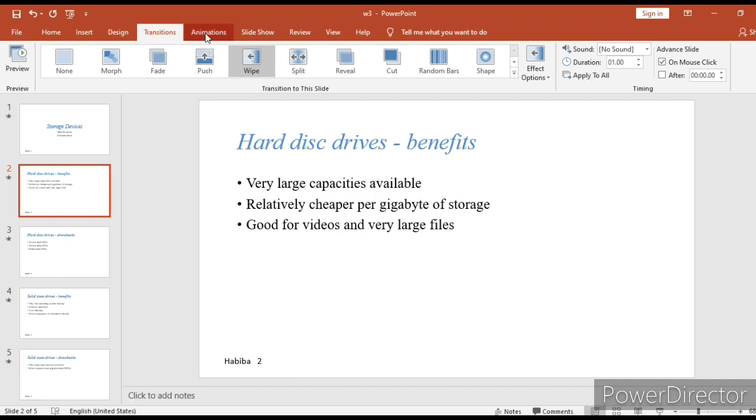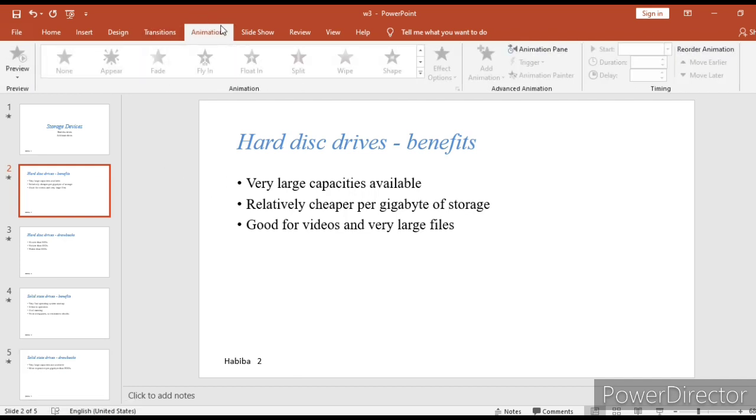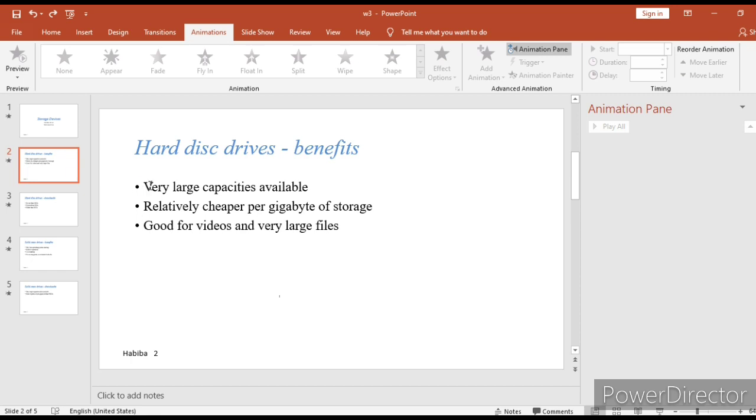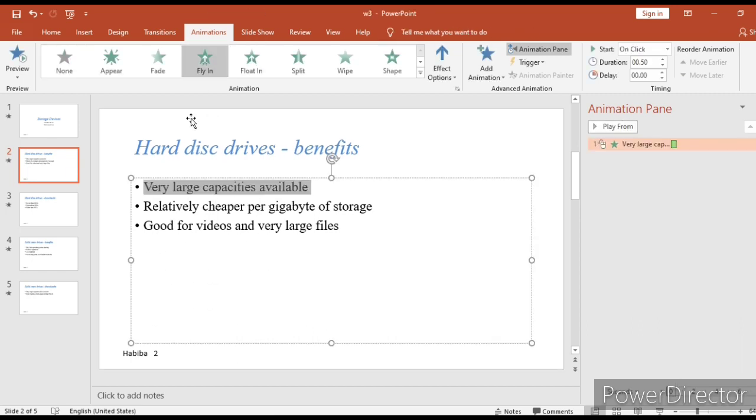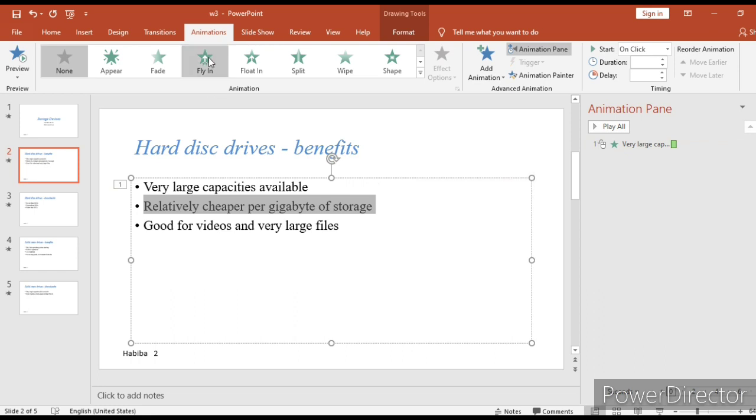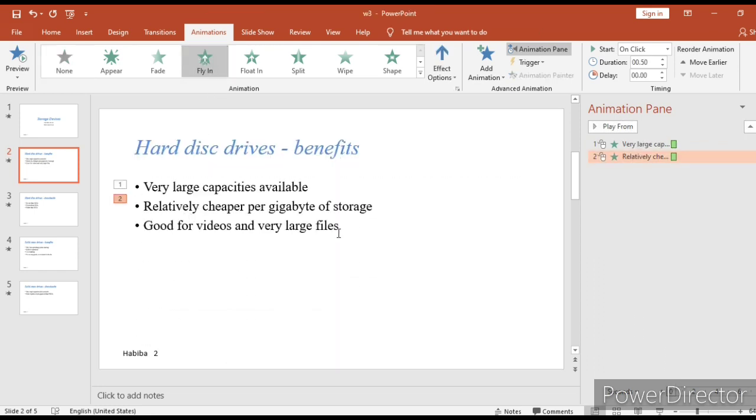Now let's go to the animation tab to do this mission. The question also didn't mention which animation we are supposed to pick, so we're just gonna pick any animation that comes to mind. Let's say for example flying. So we're gonna select each bullet point on its